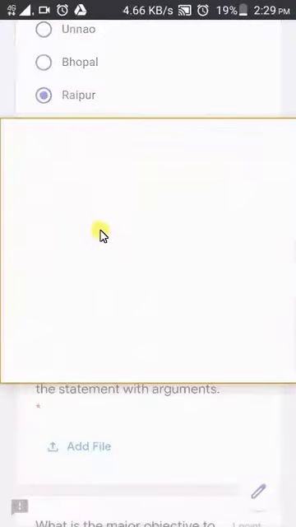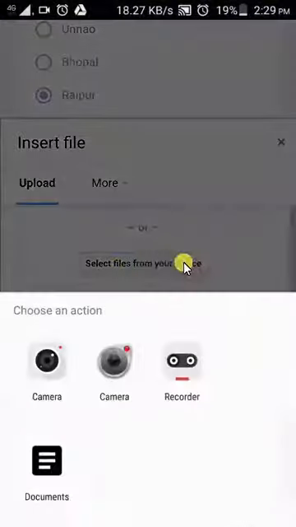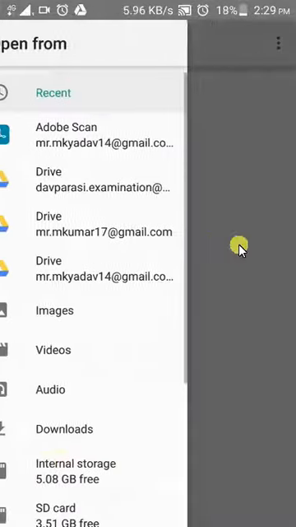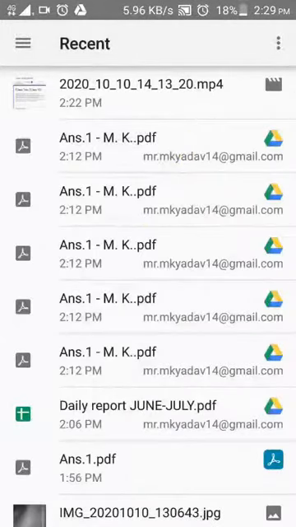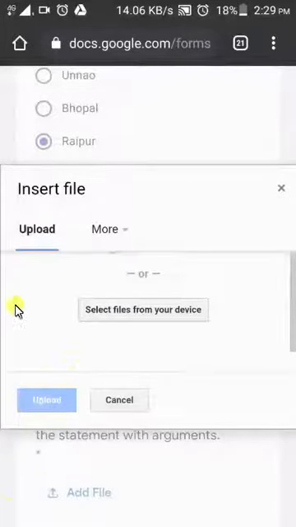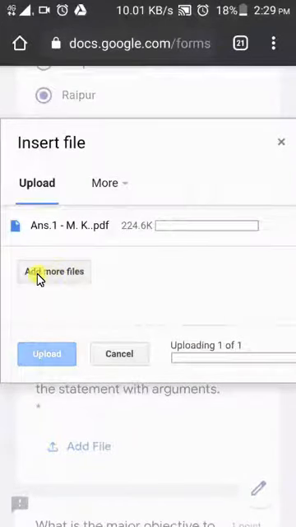The student will click add file and select from your device, then document. As the student has already saved this PDF file in the mobile phone, I will tell how the student can save the answer in a PDF file. Now we click the upload option here. Now it is uploading.